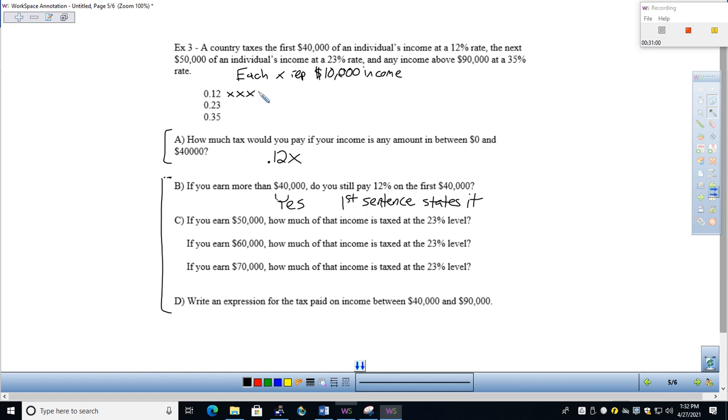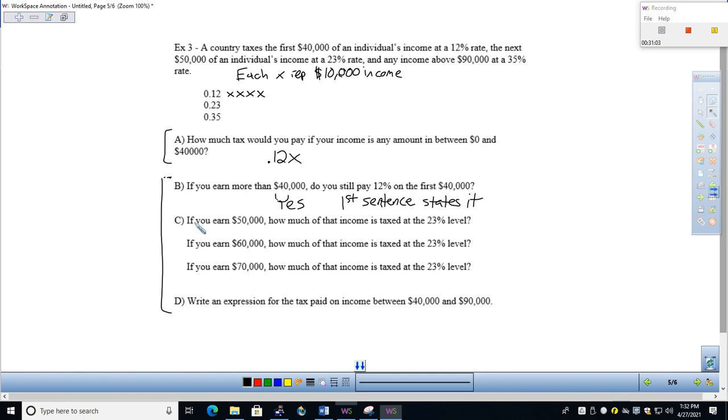So, now that we're into the second level of our function, this means we've now made $40,000 here. Now the money above $40,000 is going to be taxed at 23%. Okay, so I want to make sure that letter B resonates with you, and now we're going to go into letter